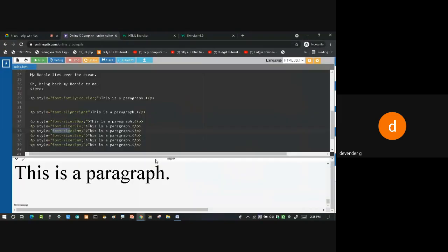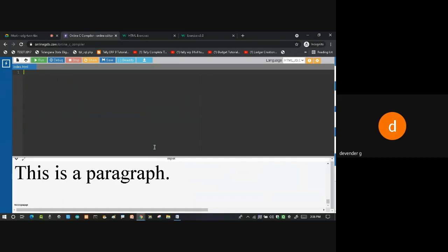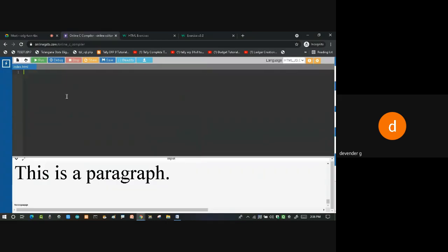I'll remove all this program so that you can write the program in this fashion. So I want color. So he wants the background color to be filled with yellow. So what is missing? It is missing something called background hyphen color. So this is how you are going to write it.